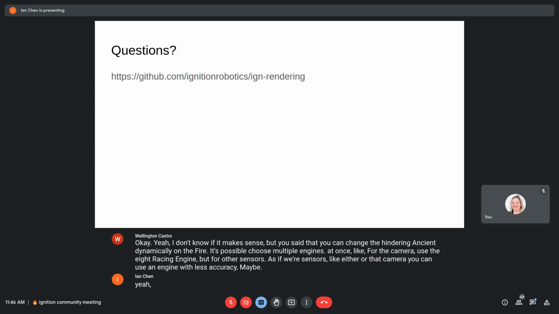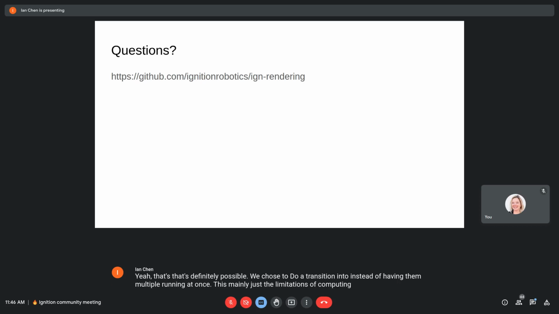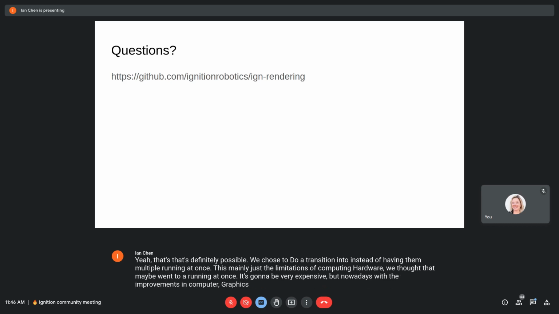Yeah, that's definitely possible. We chose to do a transition instead of having them multiple running at once. It's mainly just the limitations of computing hardware. We thought that when two are running at once, it's going to be very expensive. But nowadays, with the improvements in computer graphics engines, it is possible.